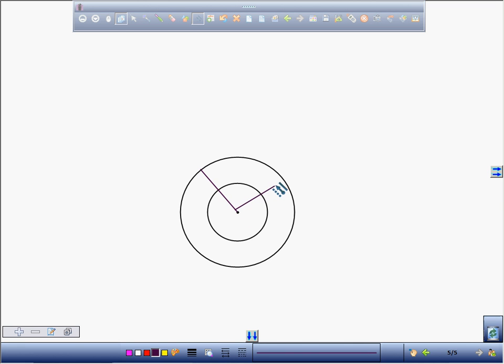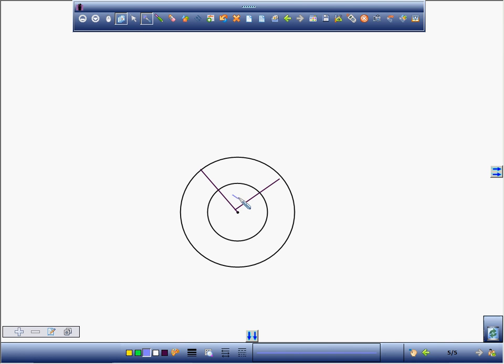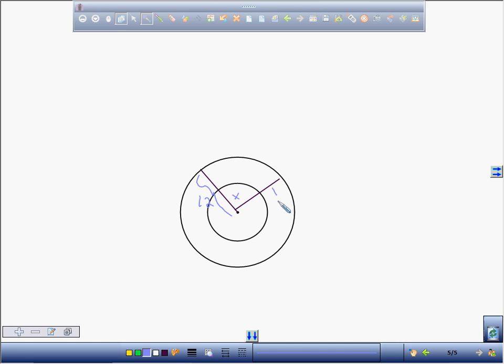That's from the center. Here is angle X, right? And all I tell you is that this whole piece from here to here is 12, and this piece here is 2,